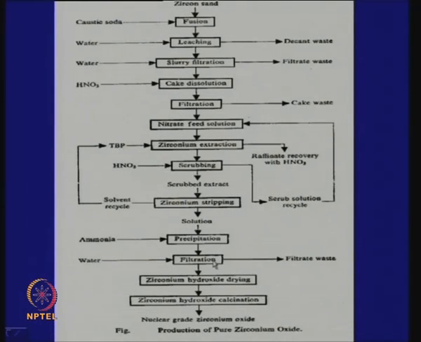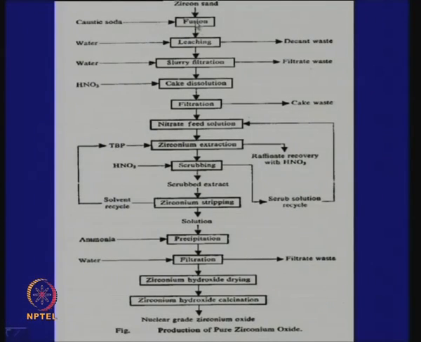Now, how do we produce pure zirconium oxide? It has to come from zircon sand. Again, here the technique is slightly different. We do not leach zircon sand by an alkali. This is a classical chemistry method, where you fuse zircon sand with caustic soda, and after we get a solid mass, that will be leached. So, there is a solid state reaction followed by leaching,